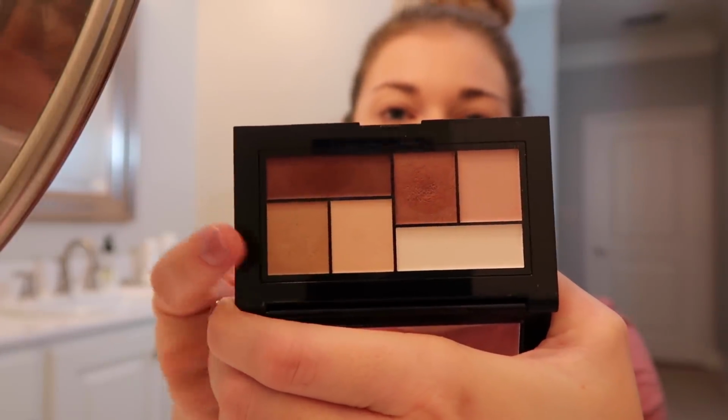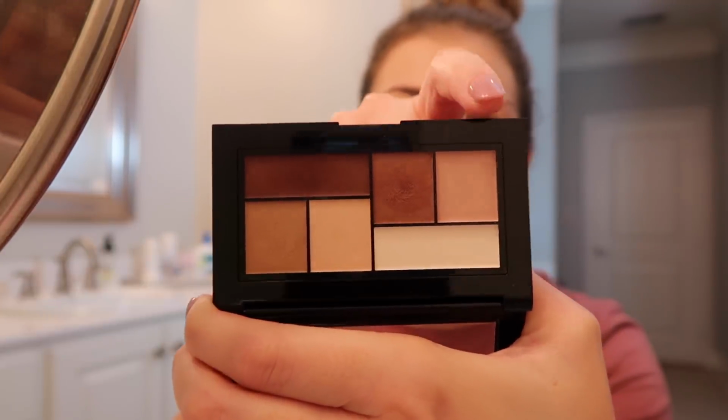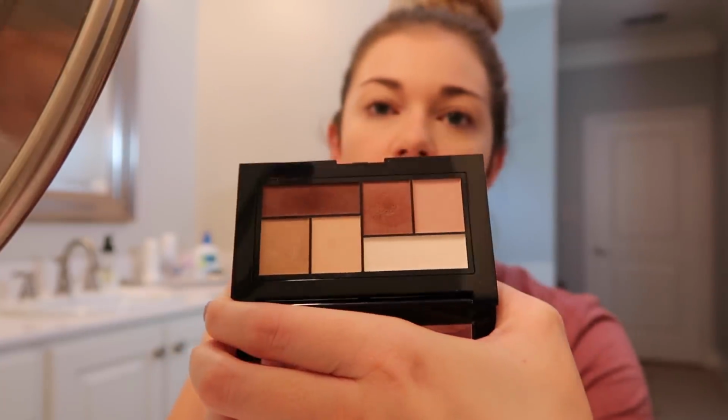But I absolutely love that there is an all over the lid shade, a transition shade, a second transition shade option, a little bit darker for the crease, and then an outer corner. And these are all beautiful. I'm gonna start out with this one for my transition. Typically, I am